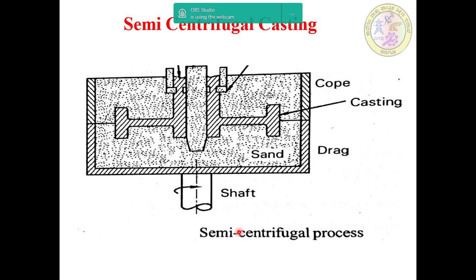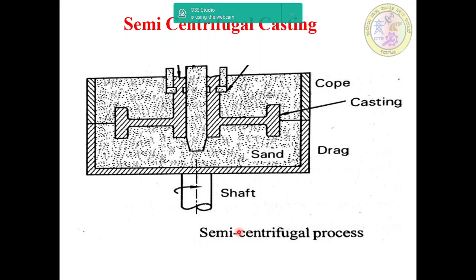And then we'll go for semi-centrifugal casting. Here it is a process to produce solid castings, and hence requires a core to produce hollow cavities. A simple cylindrical pipe casting is produced in the true centrifugal method. Gear blanks, wheels, and pulleys are produced by using this semi-centrifugal casting. And then centrifugal force is used to force the molten metal to get the shape of the casting.